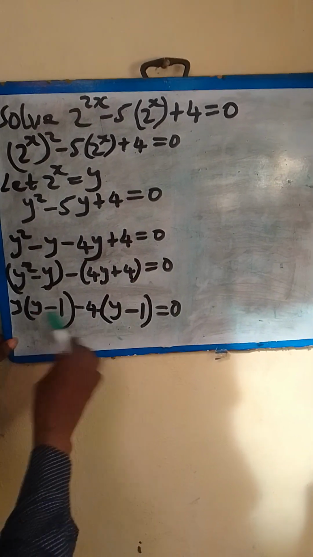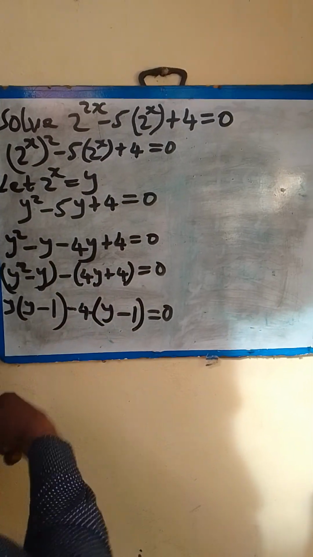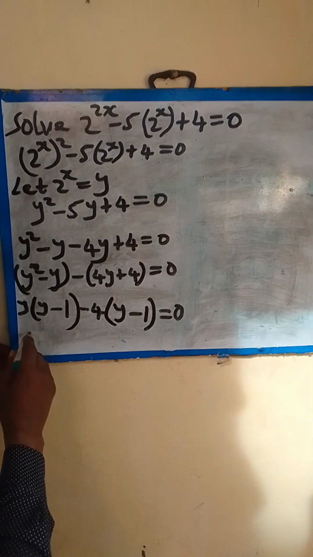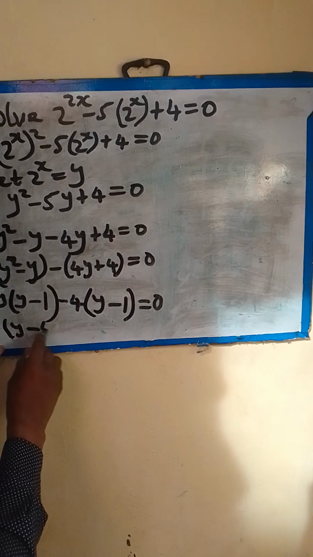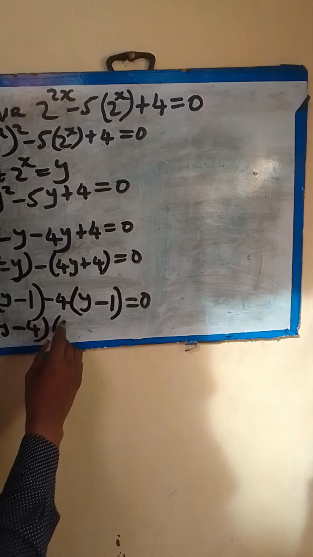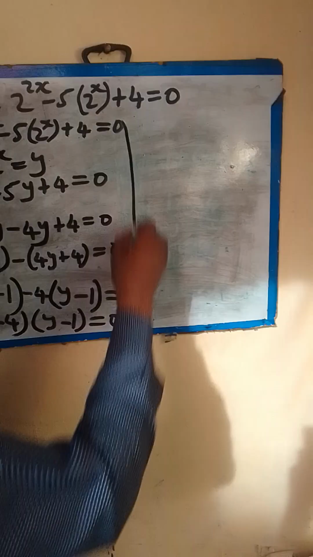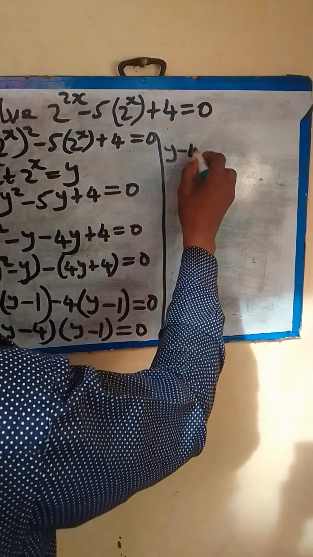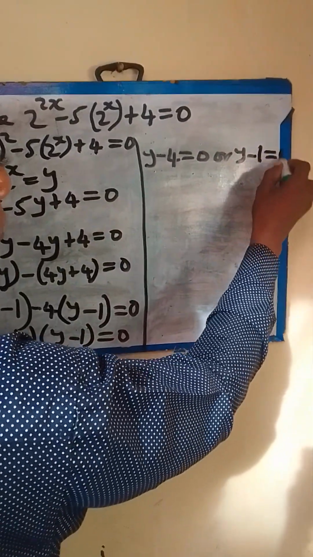From here, you now know that if you factorize and the values in the parentheses are not the same, it means you are wrong. If they are the same, you are correct. So what we need to do in this case is put the values outside the parentheses in a parenthesis, that is to say, y minus 4. Then we take one of these, which is y minus 1, is equals to 0. So in mathematics, this means y minus 4 is equals to 0,